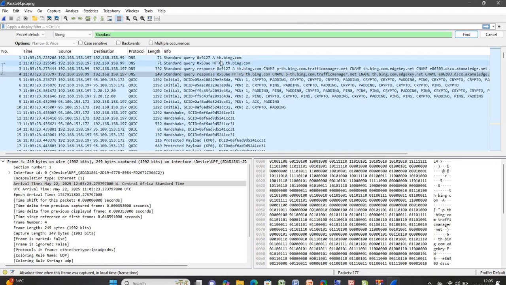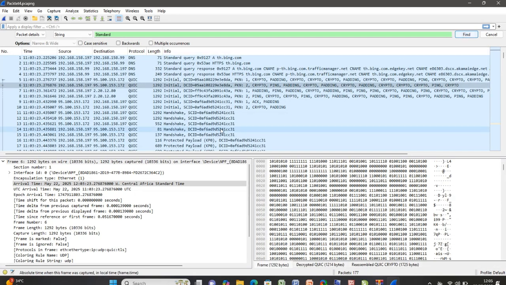Okay, you can see this is standard. So I click find again to move to the next standard. So that is where it stops. Okay, now let's look for handshake. You can see that handshakes have been captured here. So if I type handshake,